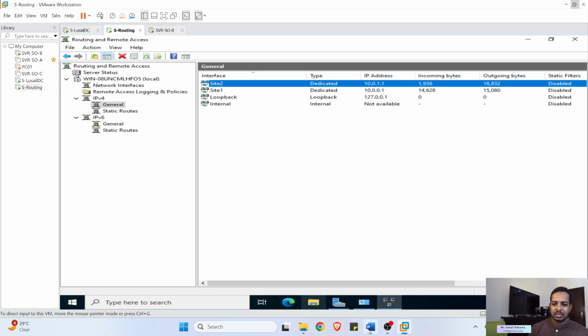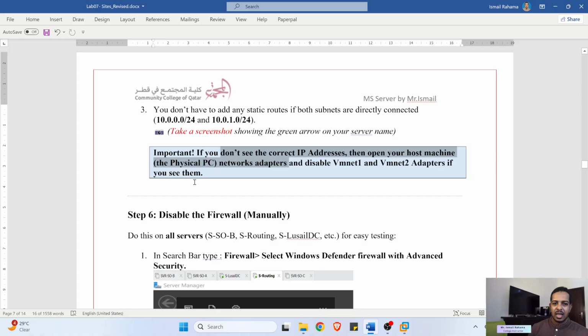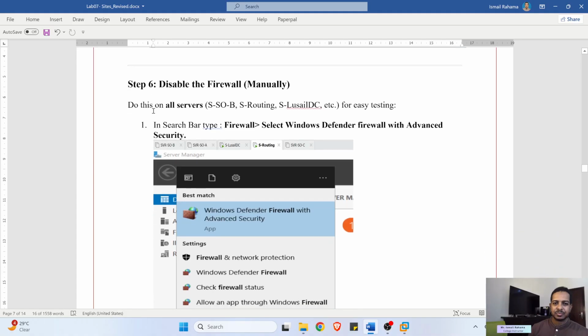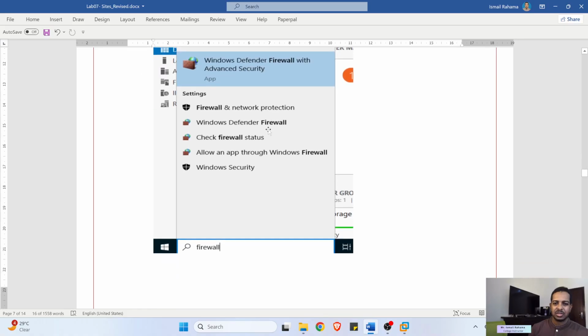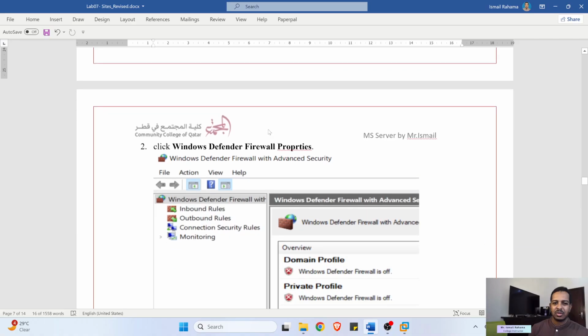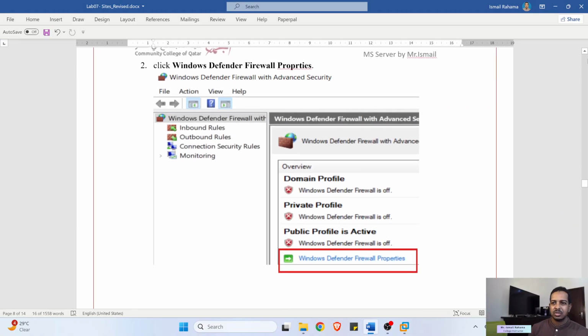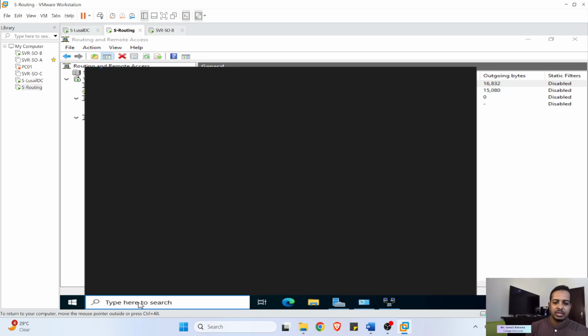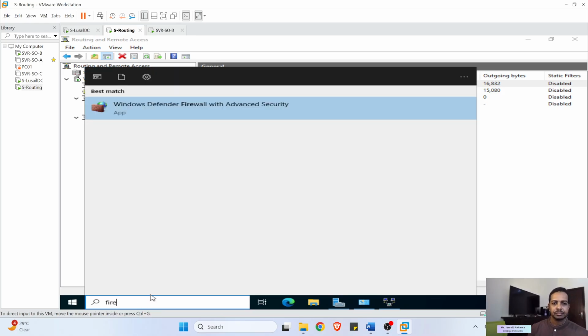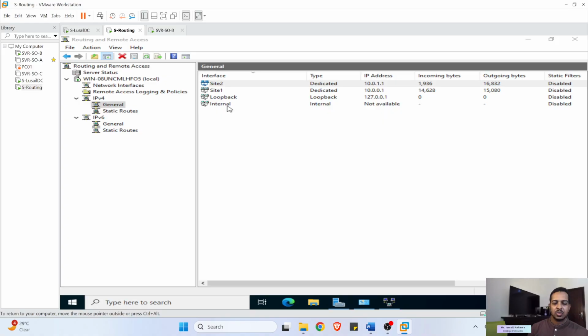So we're done with this part. Our router is ready. And step 6, you have to disable the firewall because this is just for demonstration. We don't have a real router. Stop all the firewall in this server, routing one. So we're going to write firewall, click this one, Windows Firewall,